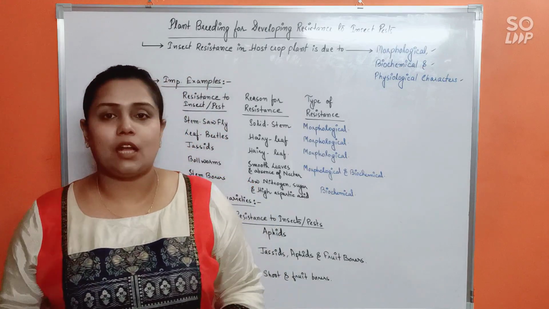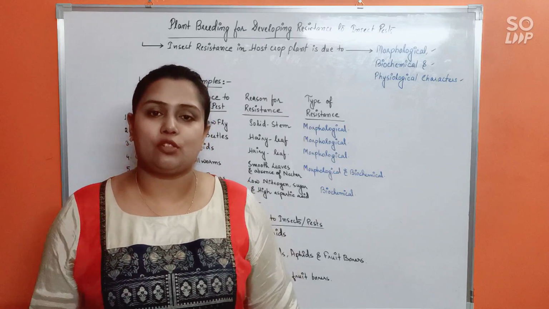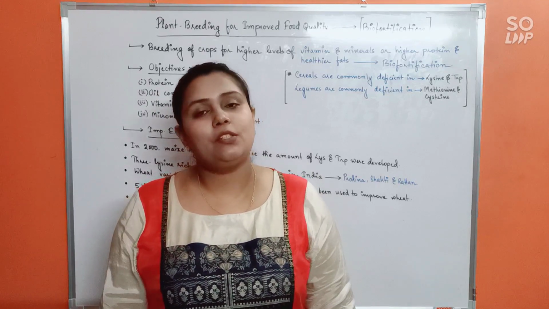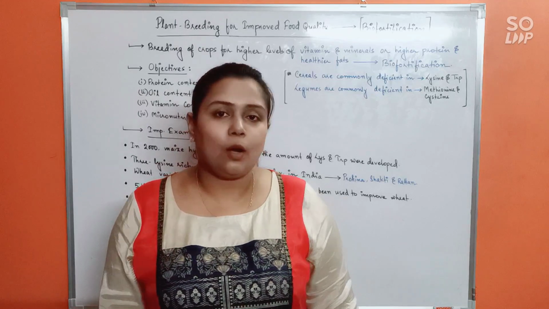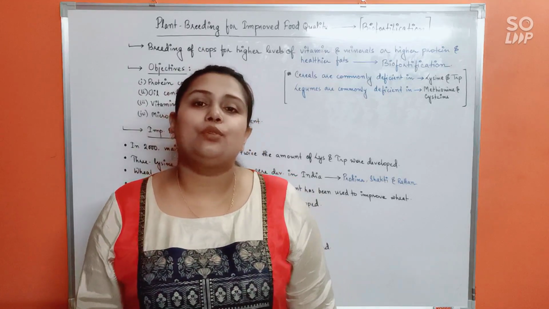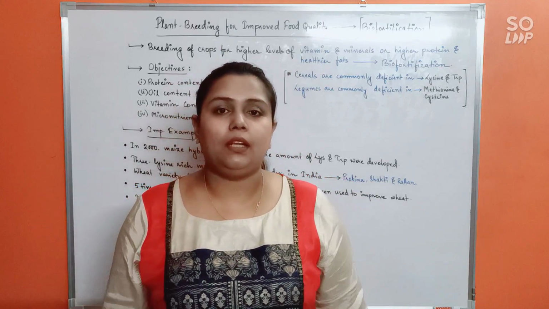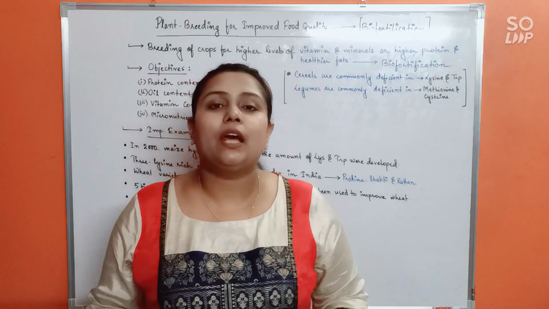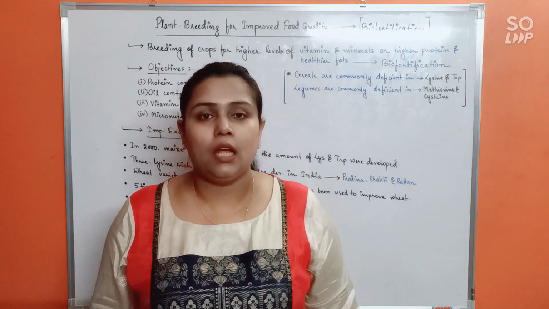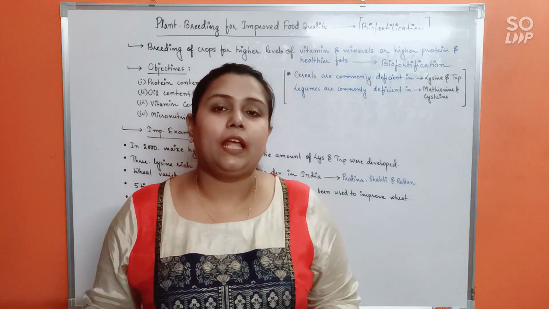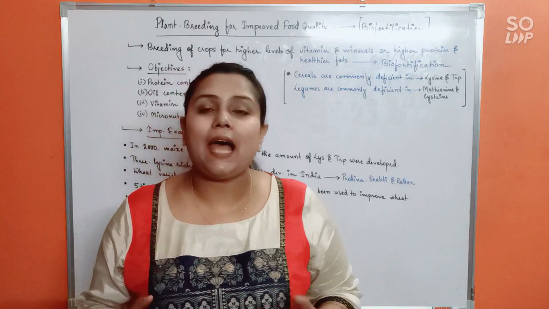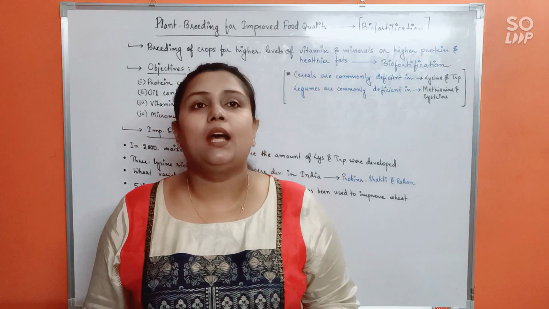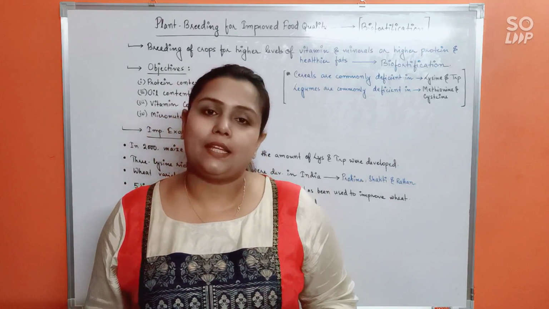So with that, this discussion being over, the next topic is biofortification. Now let us discuss plant breeding for improving food quality, which is also known as biofortification. Now, you would be surprised to know around 840 million people do not have adequate food to eat daily. On the other hand, around 3 billion people throughout the world are suffering from hidden hunger. That means even if they're eating their food, their diet usually lacks various nutrients, like the micronutrients, mostly vitamin A, iron, iodine, etc.